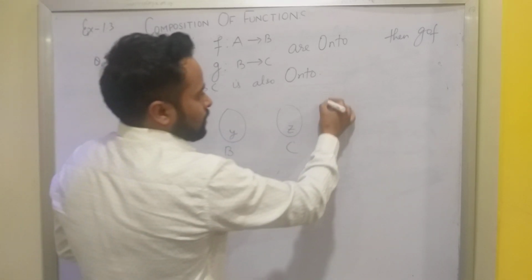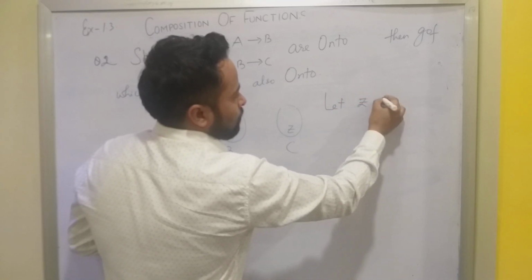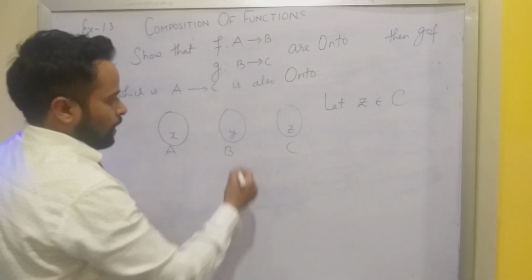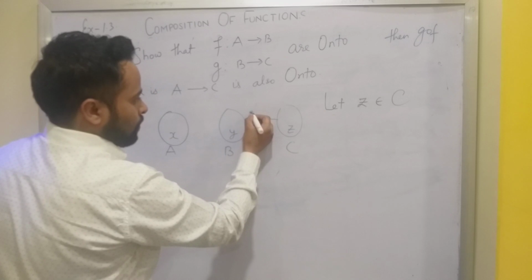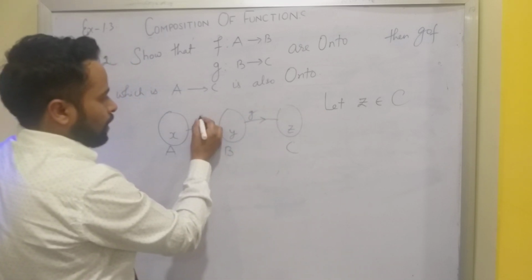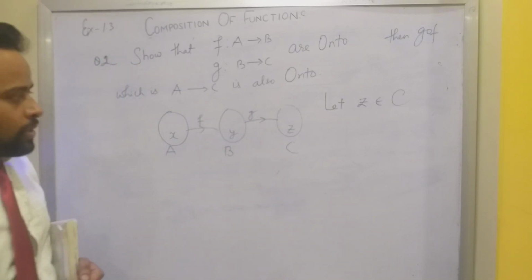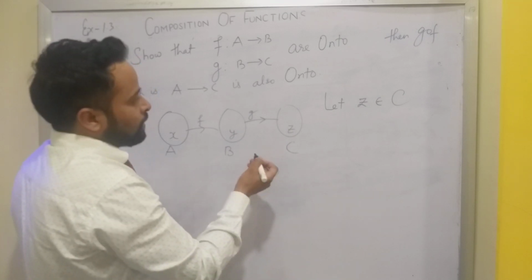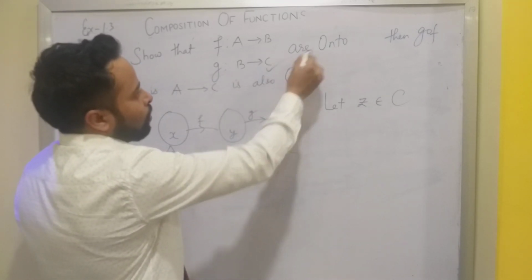So what we do is, let Z belong to C, and we know that this is function G, this is function F. If Z belongs to C, and it has been given that G is an onto function,